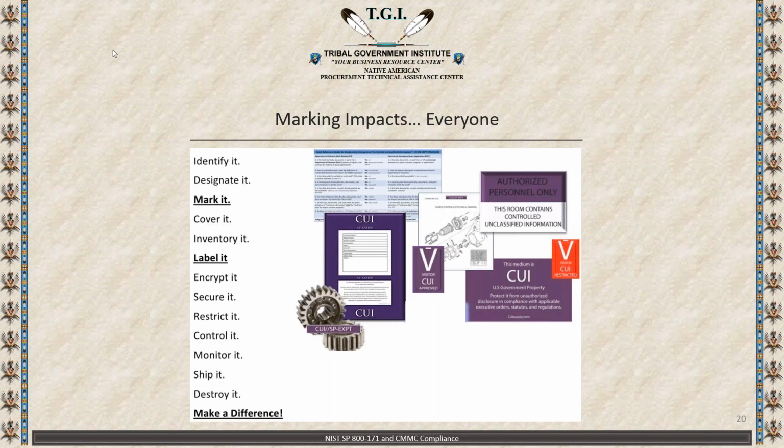As you can see from the stickers, you have to label CUI properly. You have to label the monitors that display CUI, the machines that process, create, and store CUI, and the areas that are associated with working with CUI. They have to be properly designated and marked because it has to be clear to everyone where CUI is being used or created. This is because personnel and visitors may be restricted from entering those areas or using those machines because they are on the premises for your commercial program and not the DoD program.